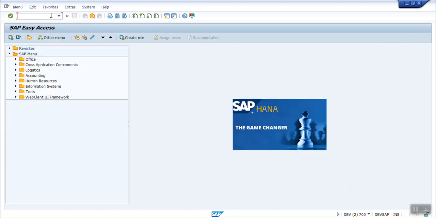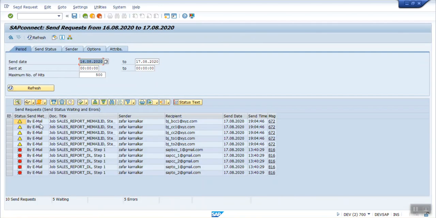Now to monitor the email IDs, go to T code SOST. Here you can see the recently triggered emails, bj_22122cc. For every email ID we can see one record in this SOST transaction code. To see the content, click any one email.